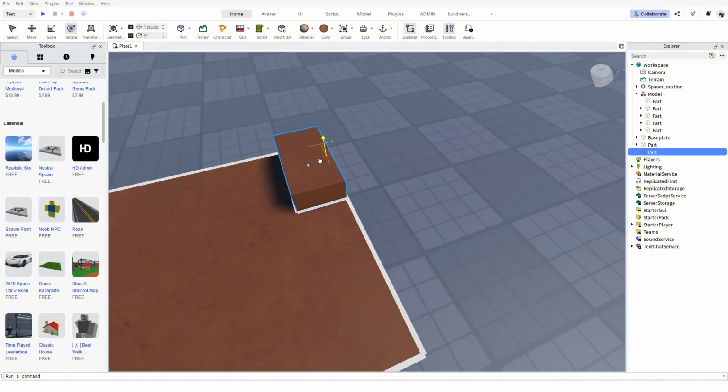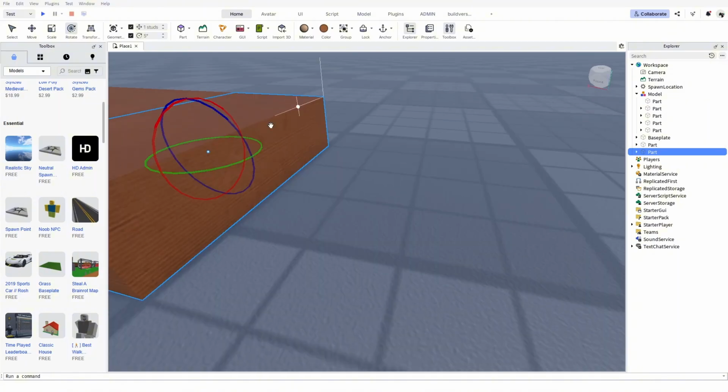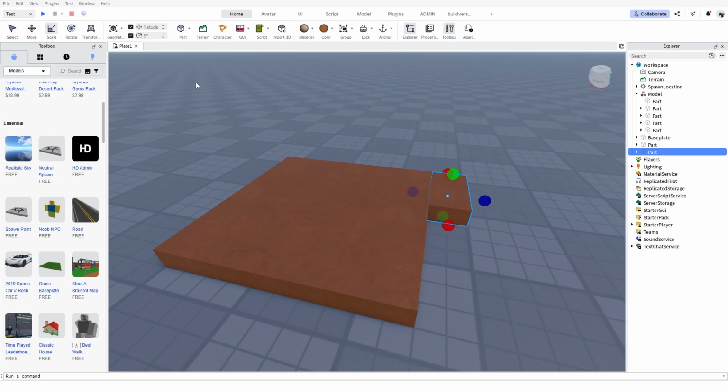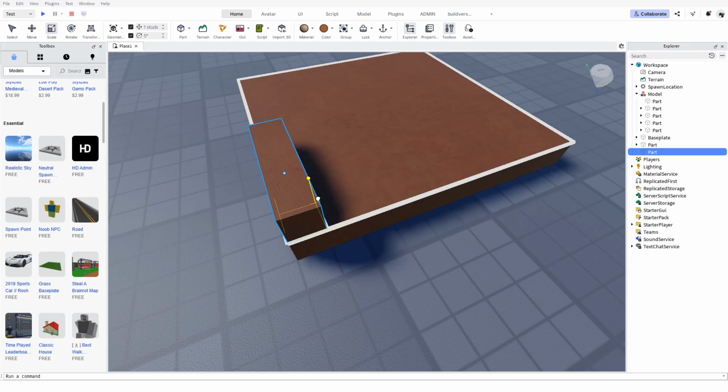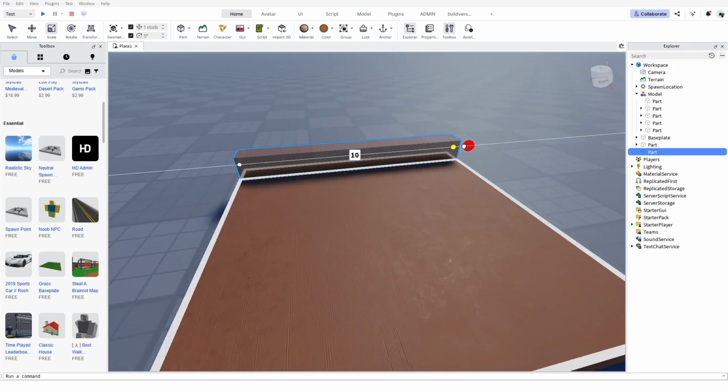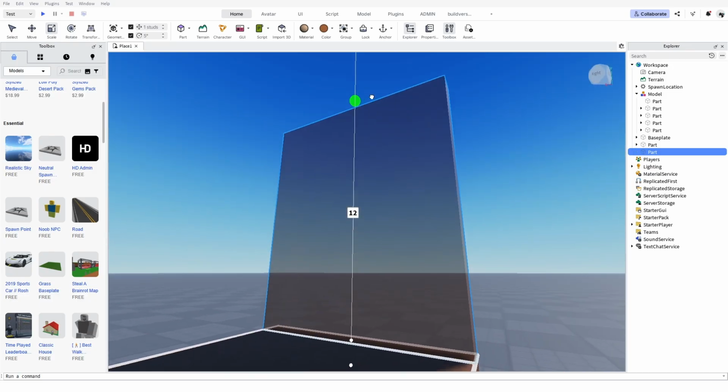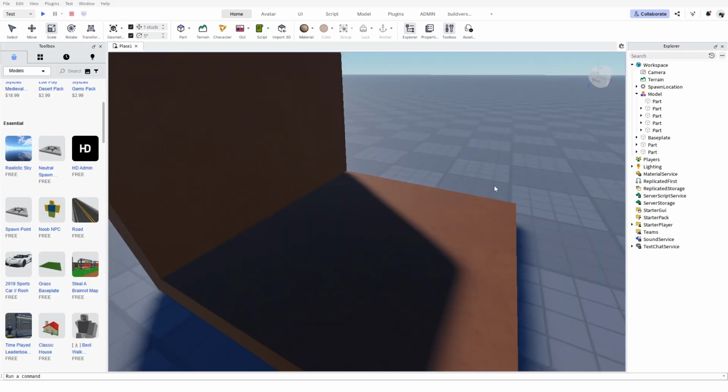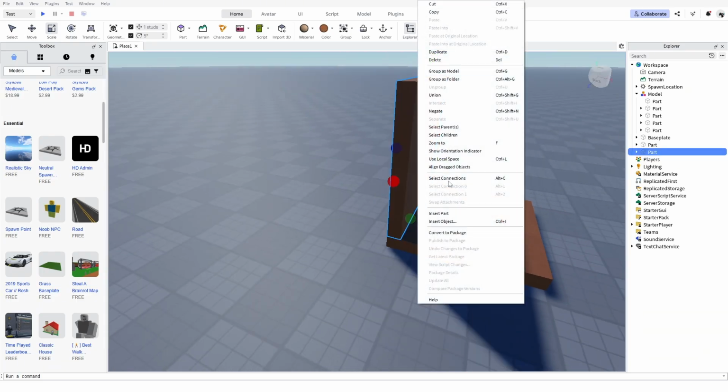Yeah, 10. Okay, so now we're going to put something like this. So now we're going to place this on top of here. And then you put it like that. I can scale it up. I'll let it do by 10. And then if you